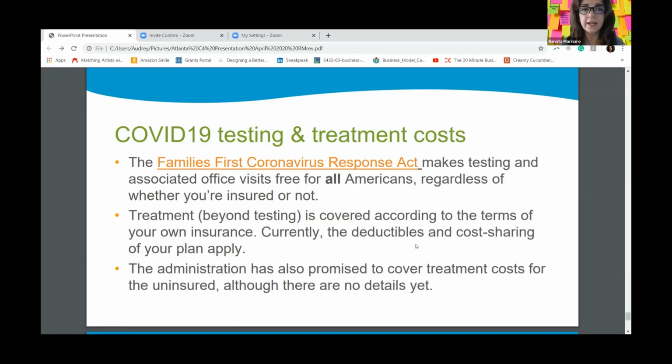If your copay is $500 for hospitalization, and you end up getting COVID-19 and end up in the hospital, you would pay $500 for that hospitalization. So you have to look at the terms of your contract, of your insurance, to see what your copays would be for hospitalization or surgery or home care, anything like that. The administration announced that treatment would be free for people who are uninsured, but they didn't say how that was going to happen. So right now we don't know how they're planning on paying for people who are uninsured and receiving COVID-19 treatment. We just know that they set aside money for it in the stimulus package. So it's probably going to go to the hospitals who are treating people who are uninsured.